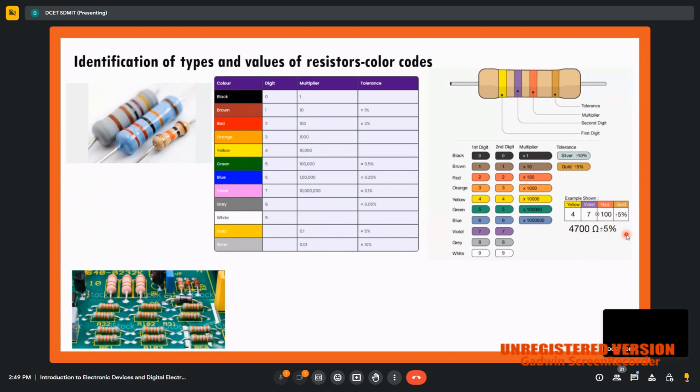47 into 100 will get 4700 plus or minus 5%. So the value of resistance that we are calculating is 4700 plus or minus 5%. 4700 plus or minus 5% means its value is not exactly 4700 because plus or minus 5% is there. Now its value ranges from